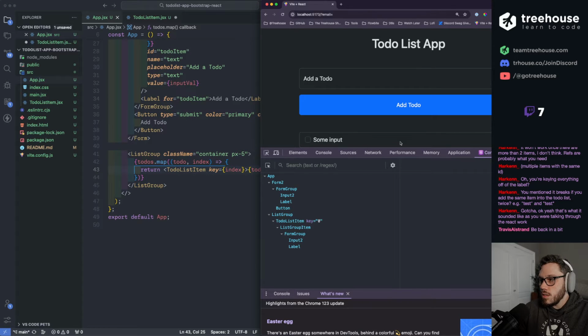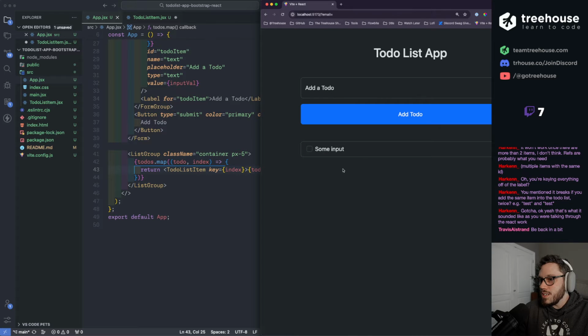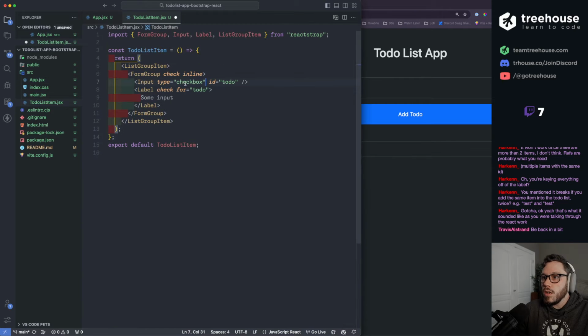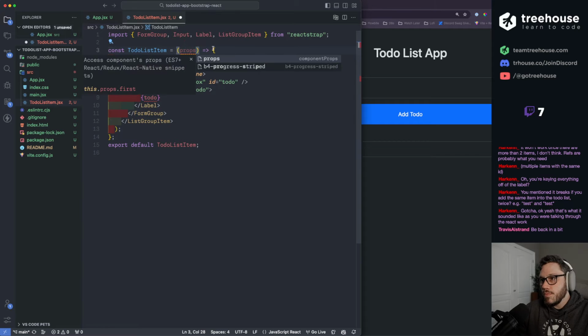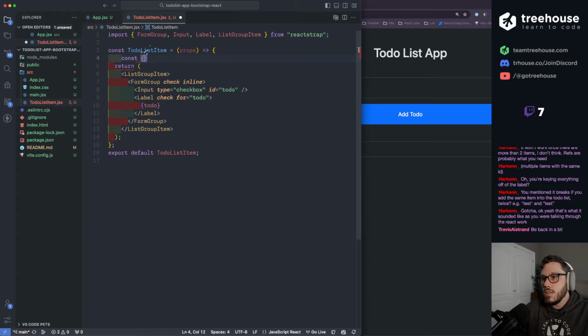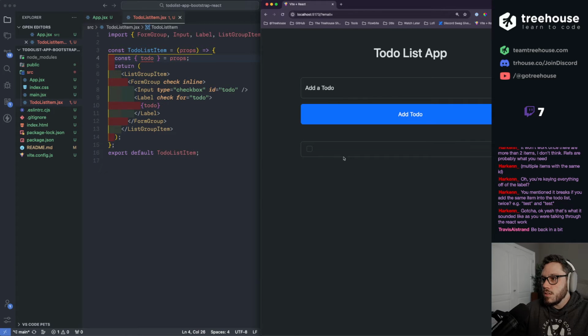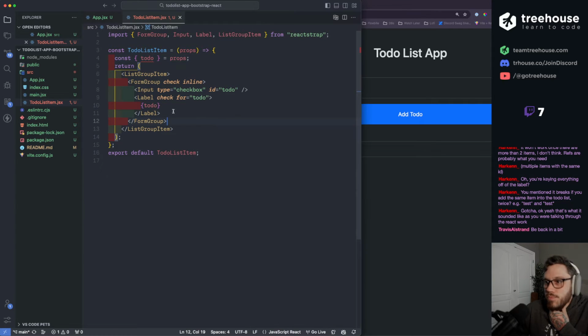So why is some input right? Oh, you know what? We got to change this to do. I'm gonna pass it in as a prop. Const to do equals props. Yeah. So it's giving me an item.